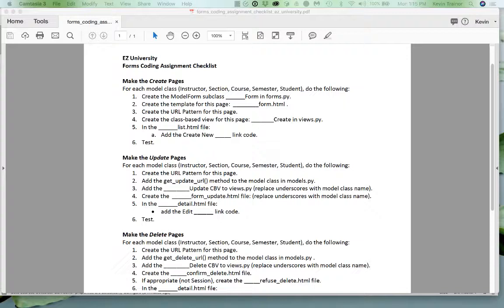For each of our tables, we have a list of all of the instances in that table. So we have an instructor list, a semester list, a course list, etc. And then we have detail pages. So we have an instructor detail, a course detail, etc. So that gives us the R of CRUD. Those two page types give us a proper R of CRUD, but they don't give us the C, the U, and the D, and that's what we're doing in this